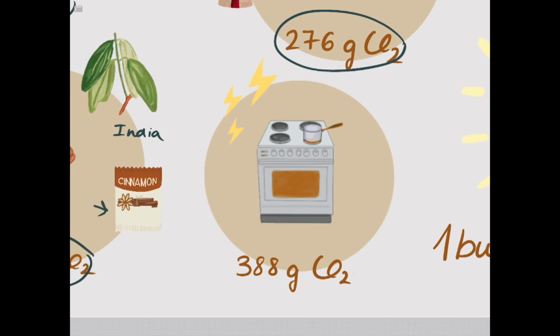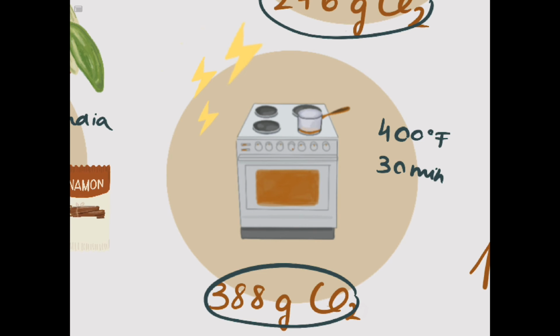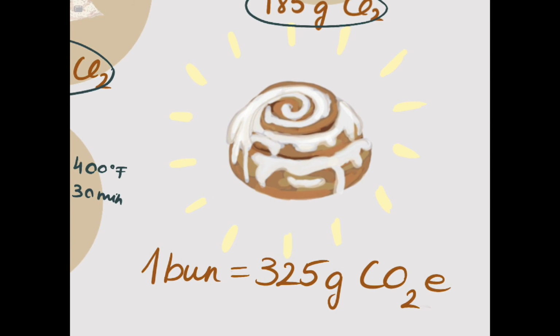But we can't really stop there. We also need to think about the electricity used by an electric oven to bake the cinnamon buns and how that contributes to the overall emissions. So a standard electric oven at 400 Fahrenheit running for about 30 minutes equates 388 grams of carbon dioxide equivalent per megajoules. Adding all of these numbers together, we get the total amount of 3,253 grams of carbon dioxide equivalent